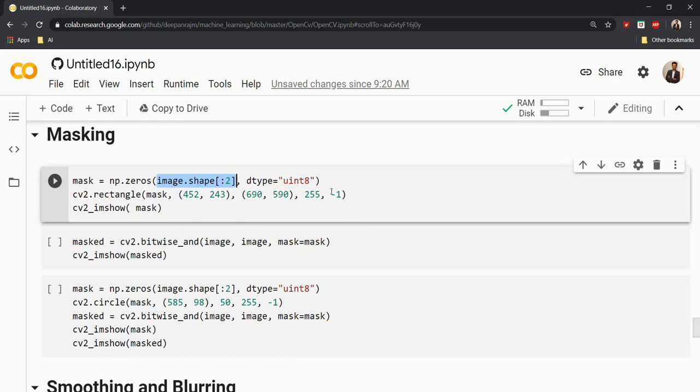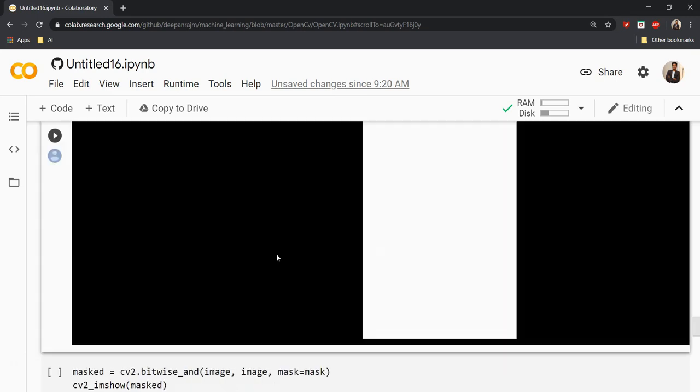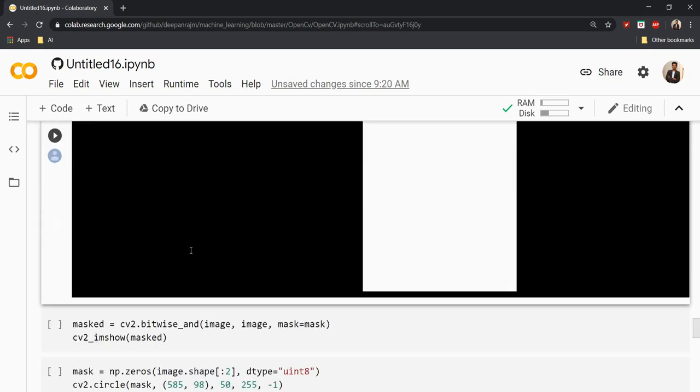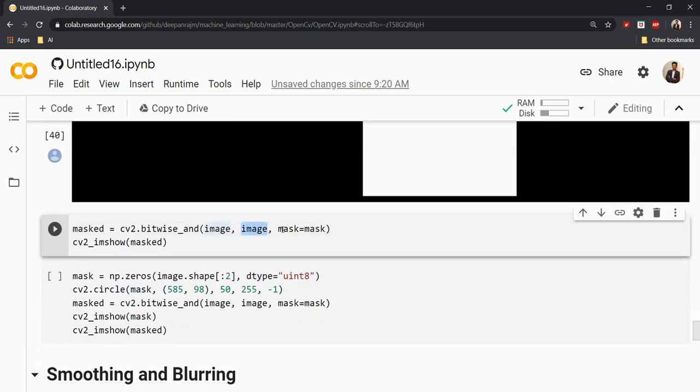So here you can see I've just created a rectangle and filled it with white color. Let me run this block. As you can see, this particular function is maintaining the aspect ratio of my input image so that the masking can be multiplied directly onto my image. So now I'm just going to use the function bitwise, and input is my image, output will be image, mask will be mask. Because I'm multiplying a color image with a single dimension image, an extra parameter has been included here.